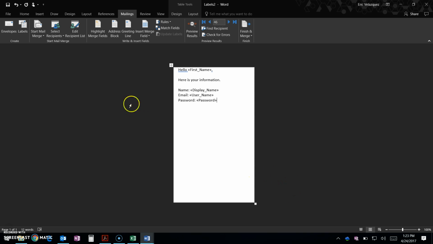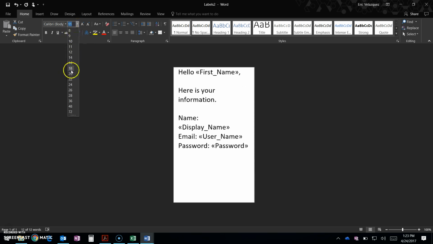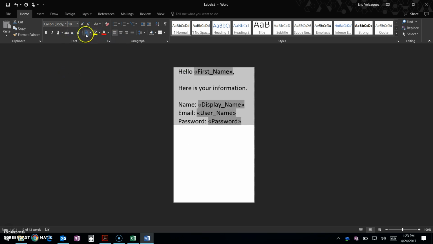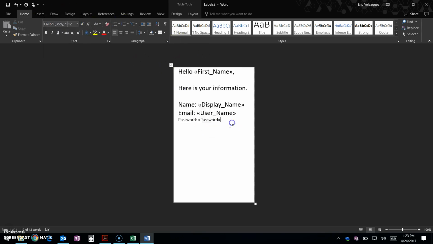So this is almost done. We could do other things here before we preview or finish the merge. We can change a font size, and it'll change the font size for each one of the cards. And maybe I don't want the password as big as the rest of them. And just like any other Word document, you're allowed to change the font. I think I'll just leave it like that. And then we'll go back to mailings,